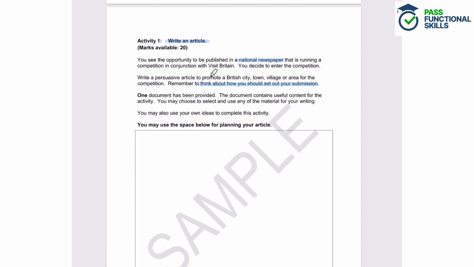Well, we're writing a persuasive article to promote a town, city, village or area. So we want to be persuading the readers that this is a fantastic place to be. We are using persuasive techniques and devices in our answer, so think about what persuasive techniques you could use. We can also use the document to answer the question, as well as our own ideas. So you don't necessarily have to use the document provided, but it will help you to come up with ideas